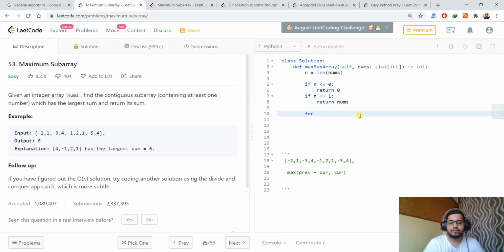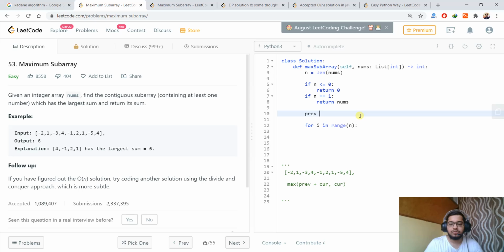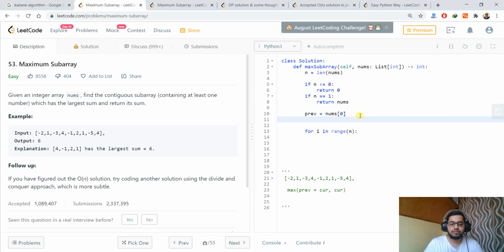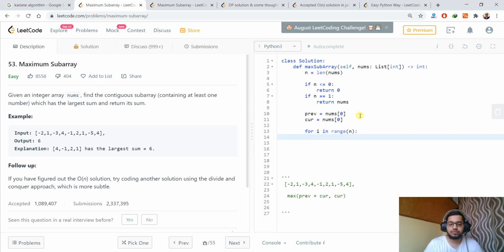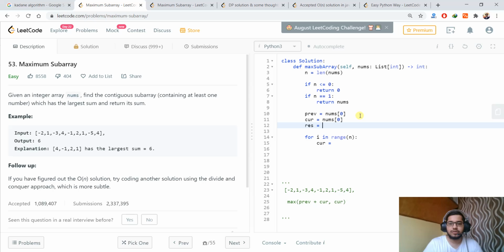So we will iterate. Here the previous value will be the first value, and the current will also be the first value. And we can assume some result as 0.